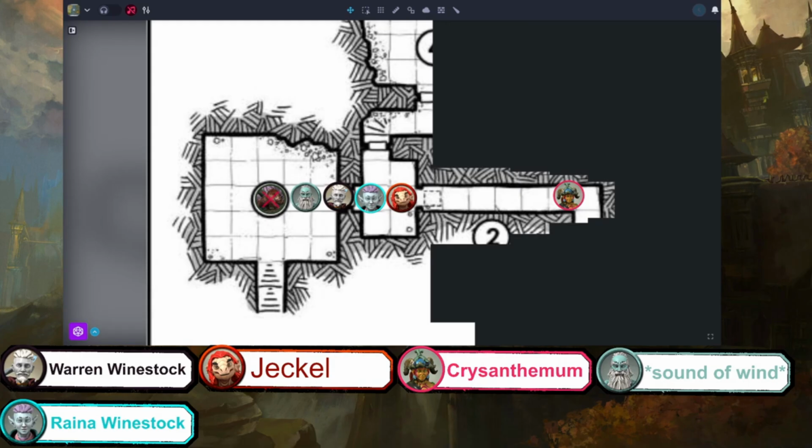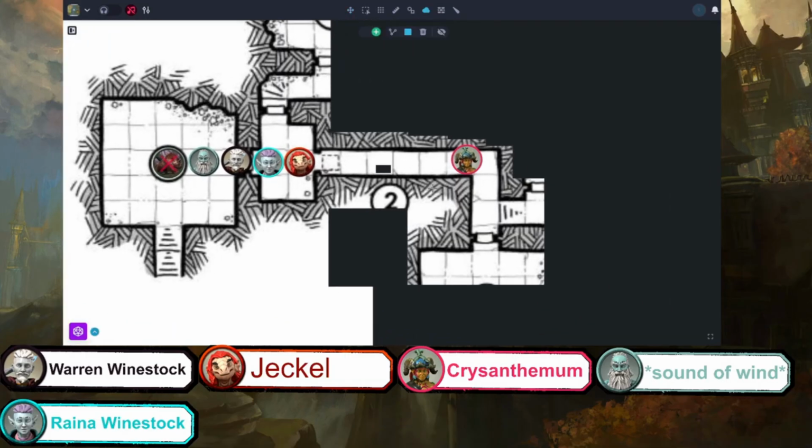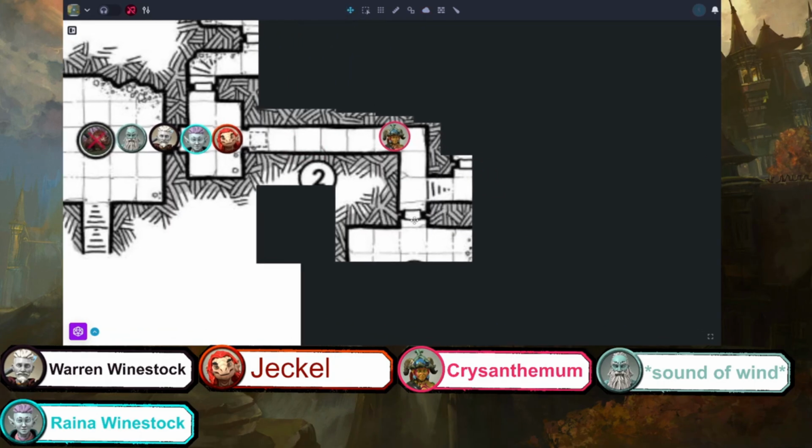Well, let's follow along. And if I could also look down the hall if possible. Yes. So, revealing the fog. Or it's just not going to work for some reason. There we go. You see down this hallway, there is... I'm going to keep drawing fog of war for some reason. There is a closed door here. And an open hallway here.